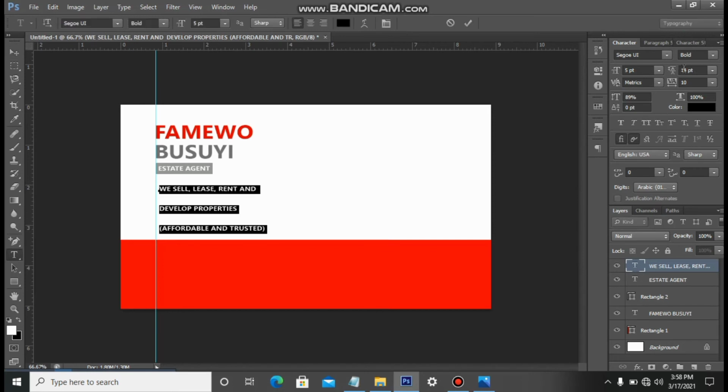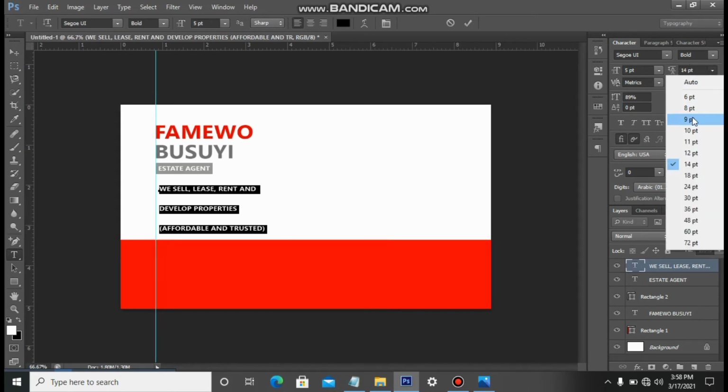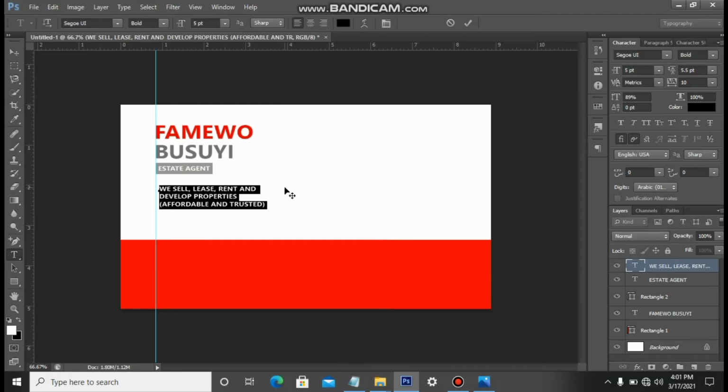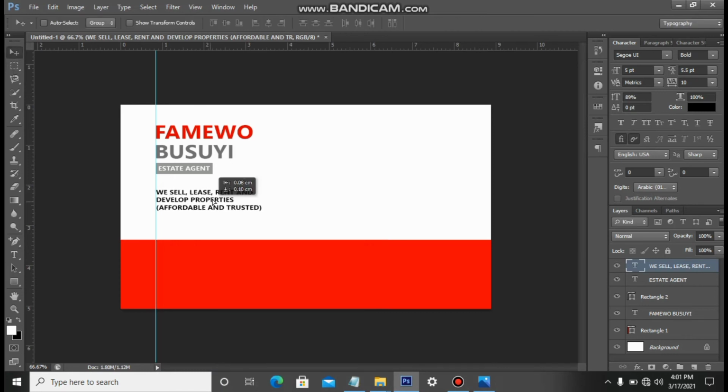So after double clicking, come to this place. This one will bring in the spacing, it adjusts the spacing. So I will reduce the spacing to 9. I think 9 is not enough. 6. Is 6 enough? Let me just put it at 5. Yes, I think 5 by 5.5 is okay. Yeah, so 5 by 5 is okay. So don't forget to drop it